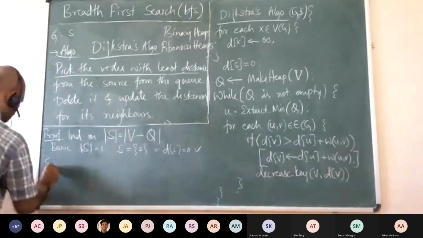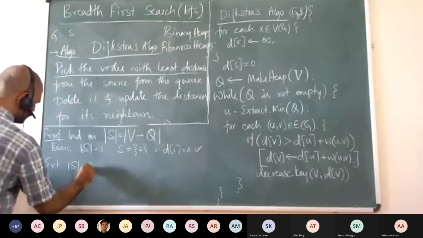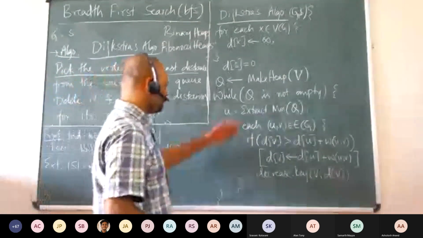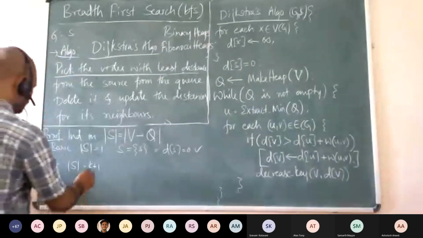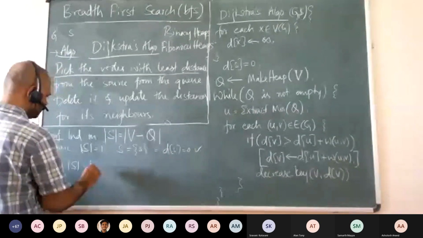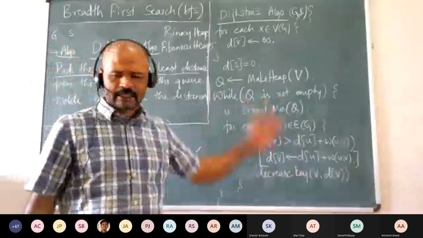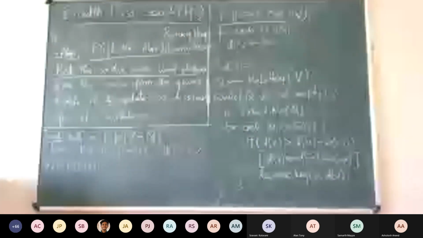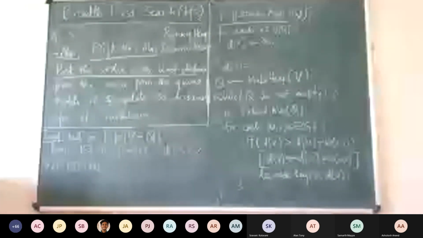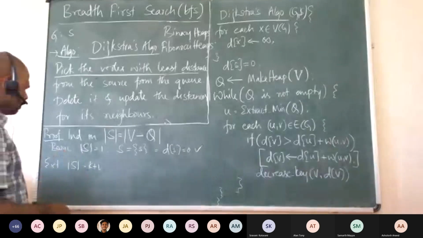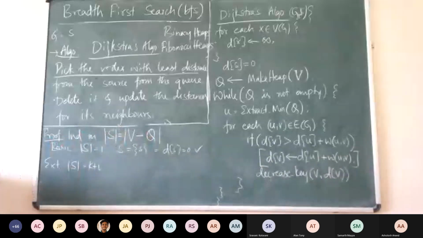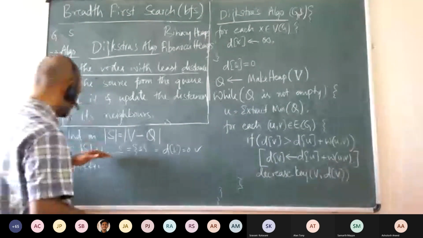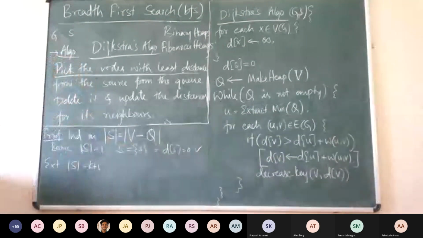Now the extension step is basically, S is of size k plus 1. You are in the k plus 1 iteration in the algorithm. So now we are trying to extract the minimum vertex. Now, why is the distance to it set correctly? Let us look at what happens. We have assumed that it works fine till the kth step, which means that the distances to all the neighbors of any vertices in S, till S became k, are set correctly.